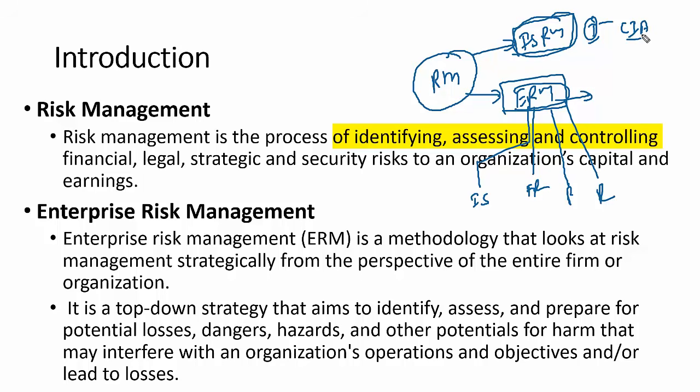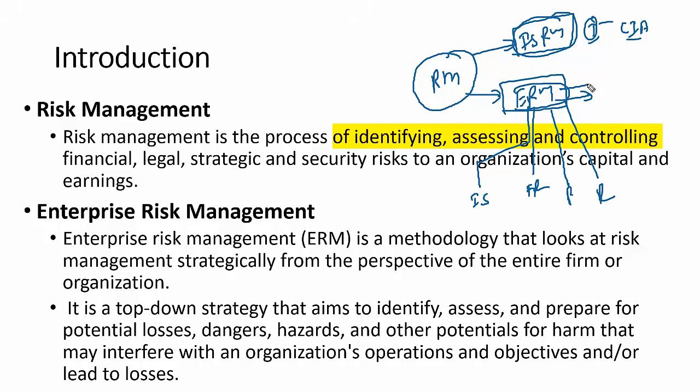So impact is mapped with CIA. Whereas enterprise risk management talks about a more holistic idea. If the server is down, the impact is on the customer, and we might lose $7,000. So here the impact we're talking about is more from the finance point of view, more from a business point of view. So enterprise risk management is a holistic approach which covers all kinds of risk management.